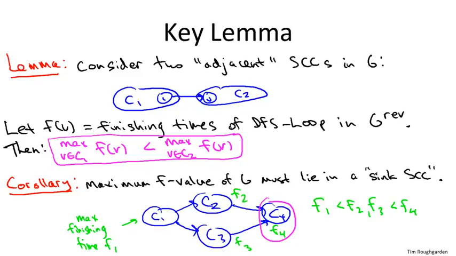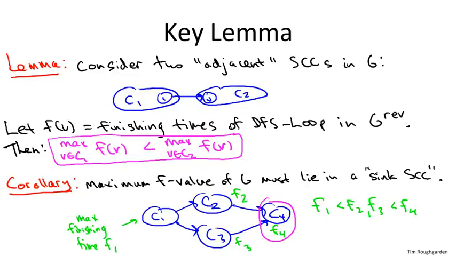So a simple proof by contradiction will go as follows. Consider the strongly connected component with the maximum F value. Suppose it was not a sink SCC, then it has an outgoing arc. Follow that outgoing arc to get to some other SCC. By the lemma, the SCC you've gotten to has an even bigger maximum finishing time. So that contradicts the fact that you started in the SCC with a maximum finishing time. Okay, so just like in this cartoon where the unique sink SCC has to have the largest finishing time, that's